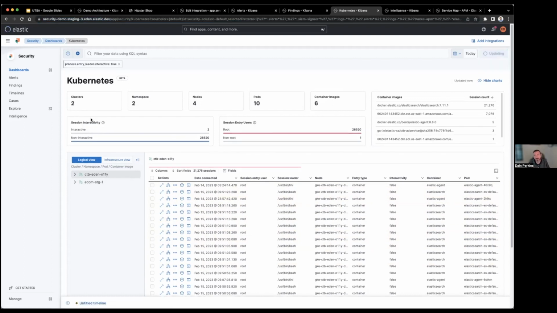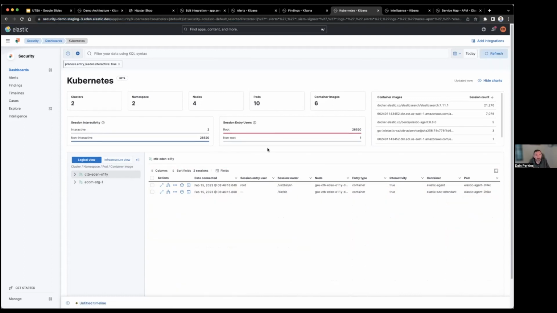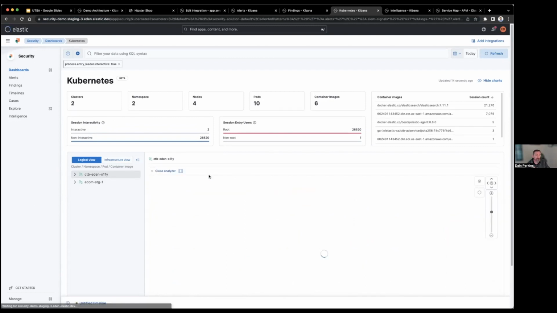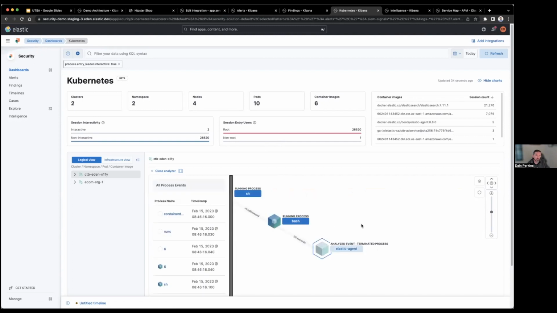However, if I look at interactive sessions, I might be interested in that. Why are people logging into a shell interactively on a Kubernetes pod, and what are they doing? And with a quick click, I've brought this down to a couple of entries, and this was literally me executing a shell in a Kubernetes pod this morning. And I can dig in and find out exactly what's going on, what is somebody doing, again, either from the analyzer viewpoint, or I can do it from that session view that we saw previously.